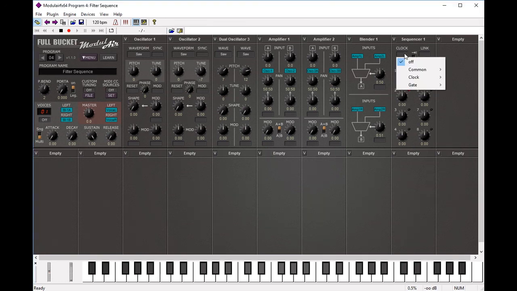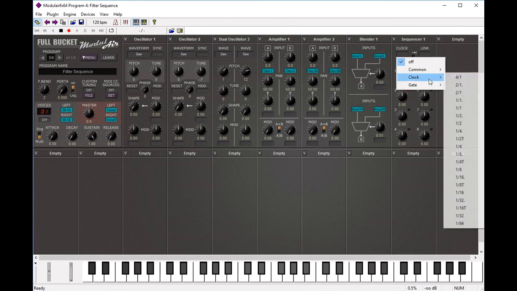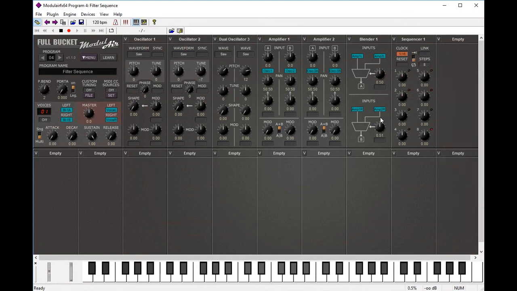And we're going to set the clock to be 16th notes, because that's what we need for this particular song. And now we are going to use the sequencer to modify our oscillators, so that will change our tone in the sequential order that we need it to. Now, I found out when researching this or listening to it that the entire song is a little sharp. It's actually pitched a little sharp. So we're not going to leave our root note at 0. We're going to raise it up just a little bit,